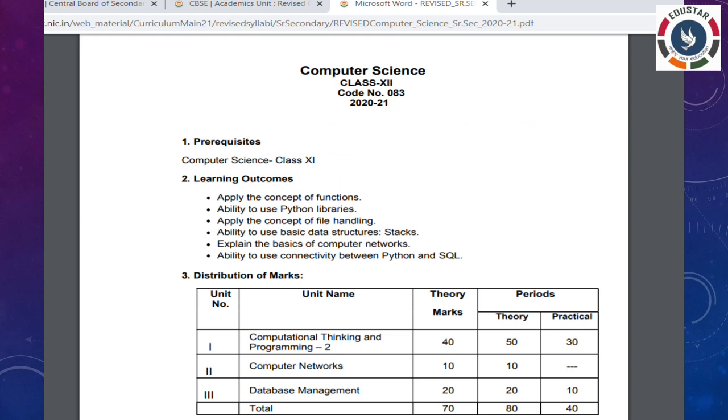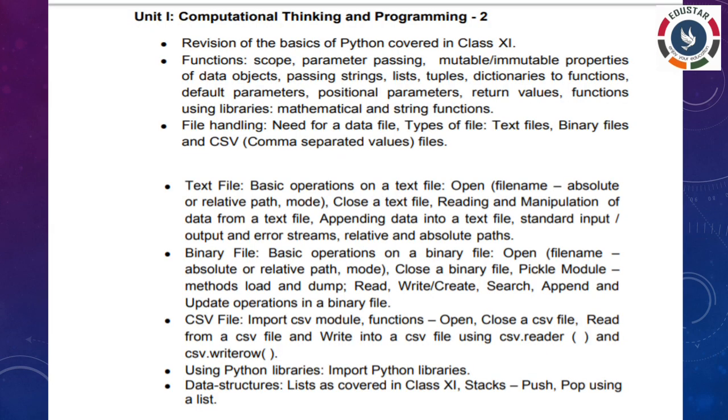And then for the unit 1, so 3 units will be there, correct? So for unit 1 they are going to allot 40 marks, unit 2 they are going to allot 10 marks, and unit 3 they are going to allot 20 marks. So totally 70 marks they are going to allot for the theory part, and the remaining 30 for the practical. So what programs will be there that we can do in the practical section, that's not a problem. And the next, so this is the unit 1.